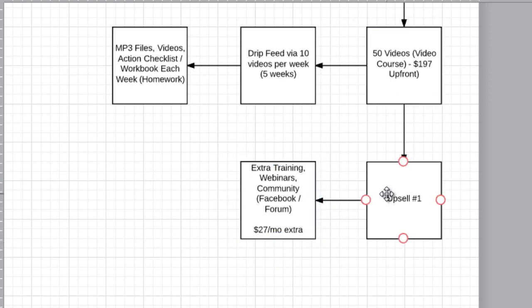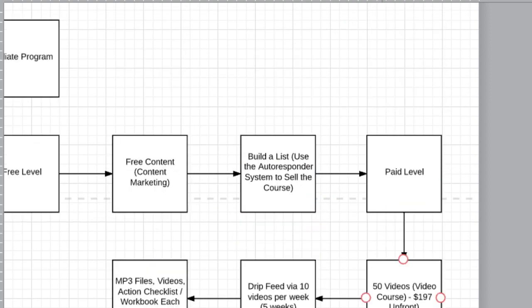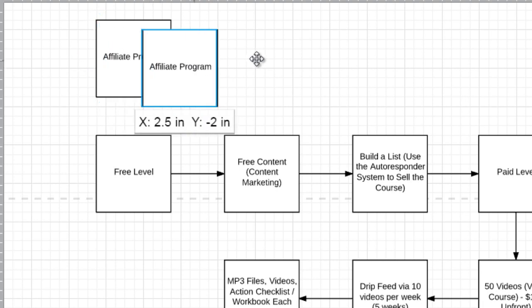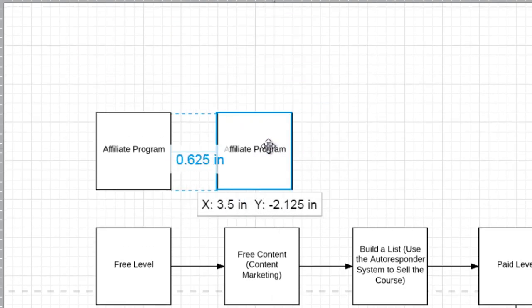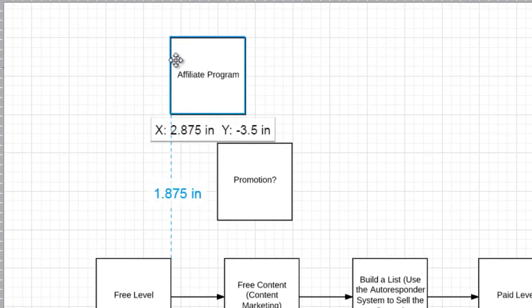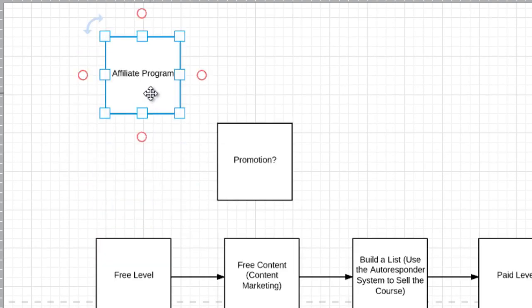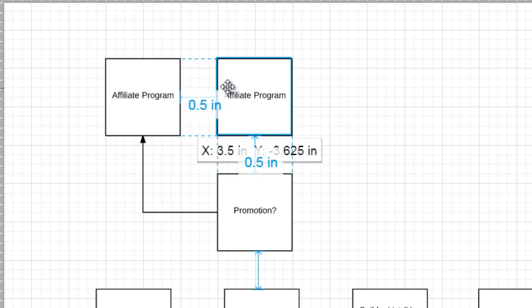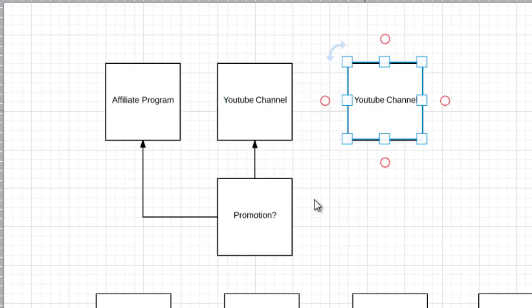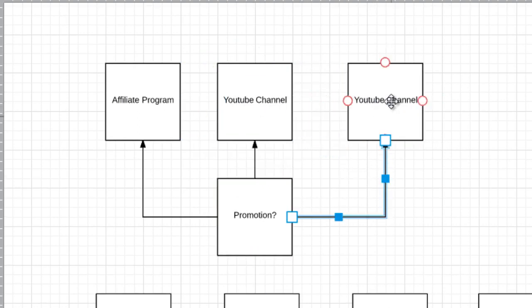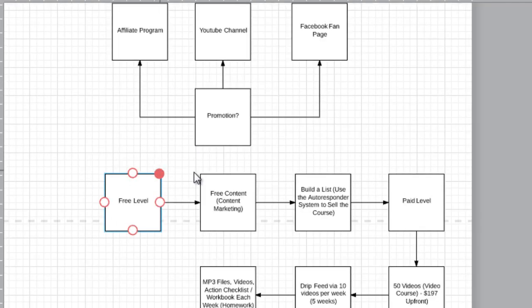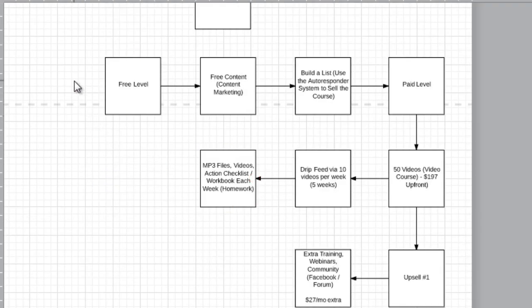And there we go. So by looking at this, we have external sources like affiliate programs. We can even add things like, how are we going to promote it? Which is actually part of the affiliate program. That could be affiliate program. We could have a Facebook fan page. And there we go. So I'm not going to connect the promotion side to it yet, but I'm going to kind of color code it now.